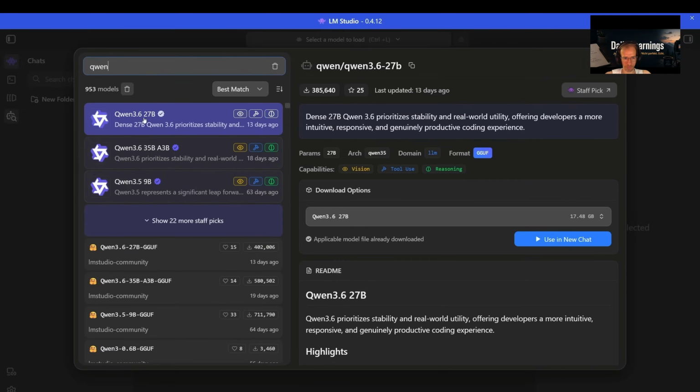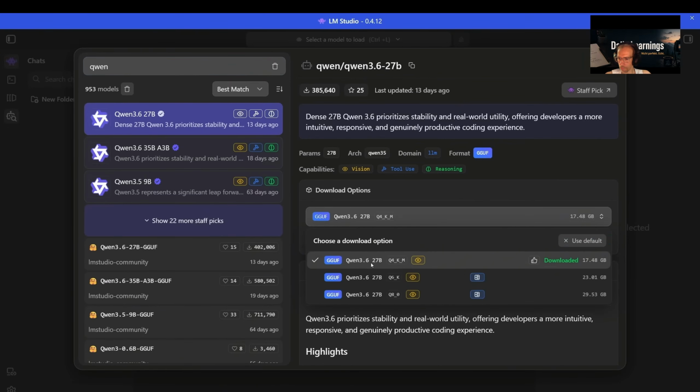You can see it tells me what the model name is. And that 27B, that's how many parameters there are. This one's 35B for 35 billion, and this one's 9B for 9 billion. And if you look over here on the right-hand side, it actually tells me an estimate of how much space that's going to take up in my RAM or my actual graphics card. So you can see here, this Qwen 3.6 model with 27 billion parameters is estimated to take up about 17.48